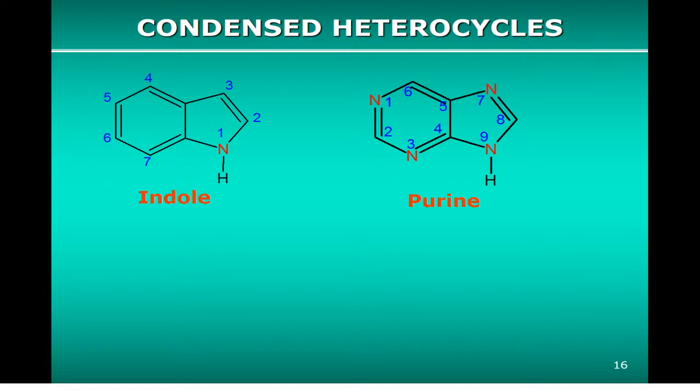The highest priority order, nitrogen, pyrrole nitrogen, will have the last number. So it's necessary to memorize that the first one is here. And then we number this way so that the second heteroatom has the smallest number possible. So that's why we move anti-clockwise, and according to this common way to number, we number all atoms,